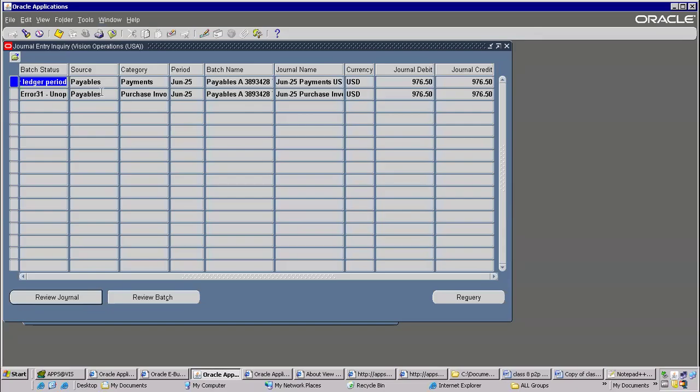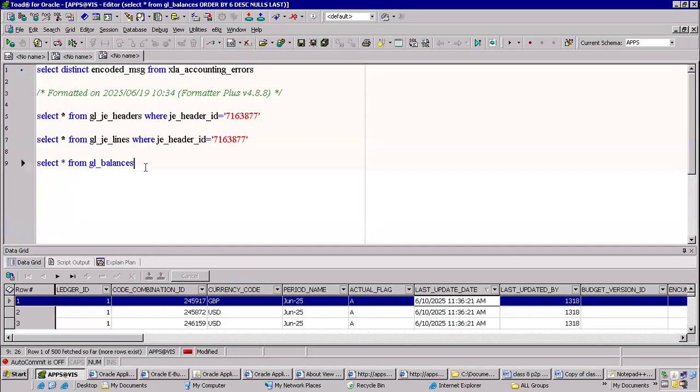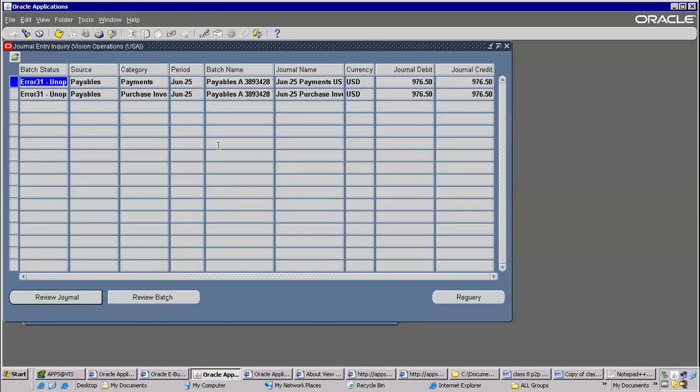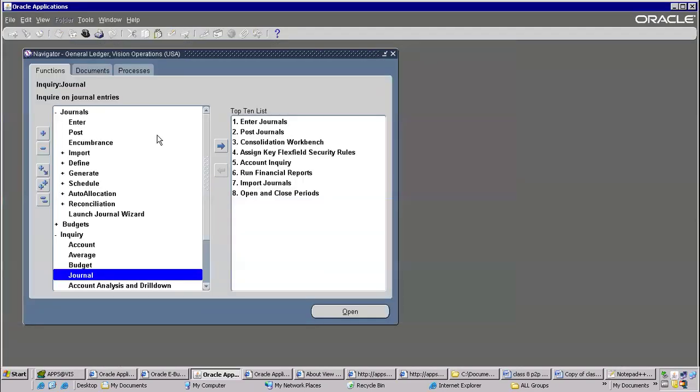Error. So the error is related to the secondary ledger. See that this is giving an expected error only. Find out the error message, it is here, this one: unopened secondary ledger period. For a secondary ledger, how do we identify errors? We can go to,